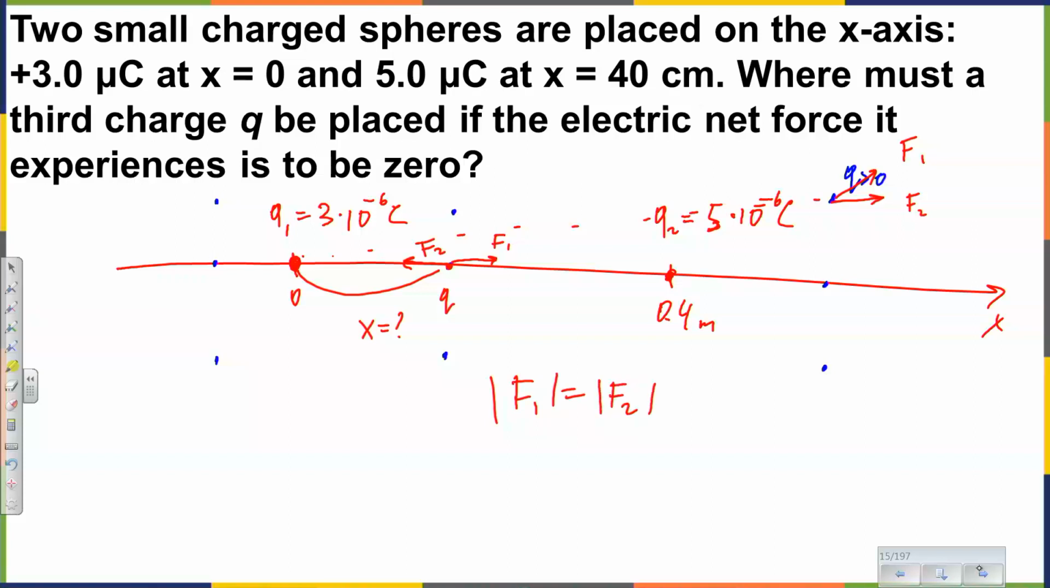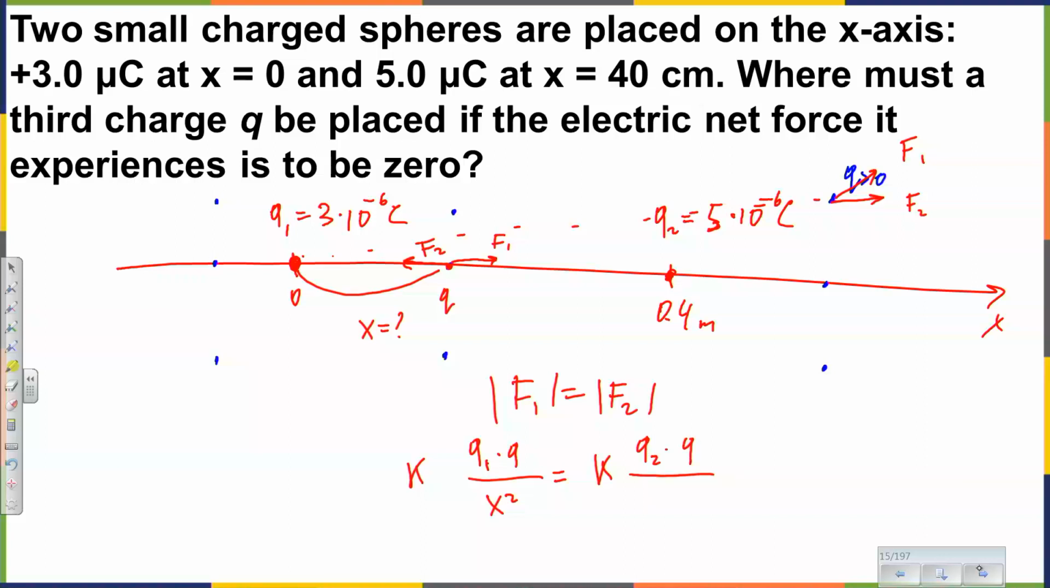That's what the word equilibrium tells us. Now, K Q1 times Q over the distance between the charges squared, and that's what we're looking for, should be equal to K Q2 times Q over